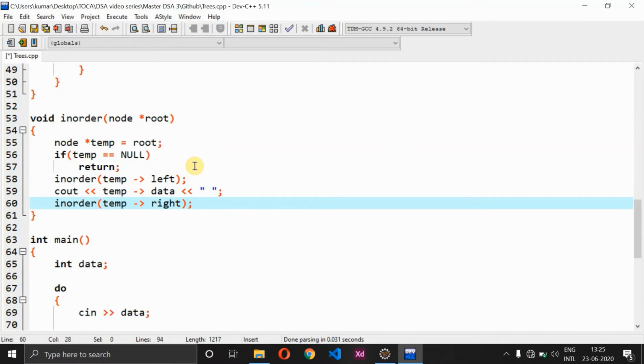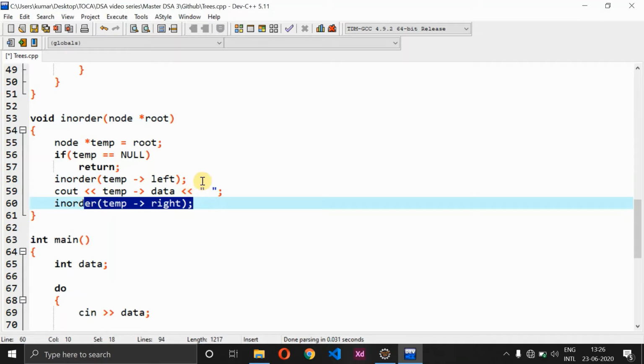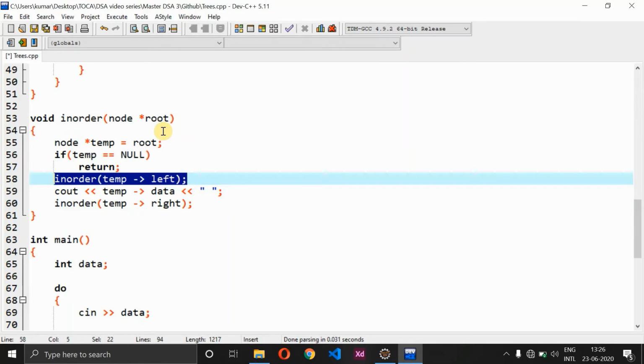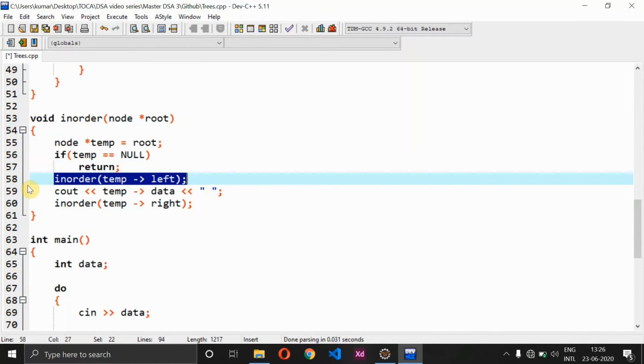So why do we give this left and right over here? Because first for in order we have to print left node, then we have to print the root node, and then we have to print the right node. So first if I call the left node, what happens is, I come back here, I'll check whether temp is equal to null. If temp is not equal to null, it means that there are few values in existence. So I will be just calling out this method, that is line number 58 will be done. So in line number 58 what we are doing, that root of left is now called, and again I will come back inside the same function. So now what happens is, temp value will be modified as root, and that is going to be the left node, and again I'll check whether it is equal to null.